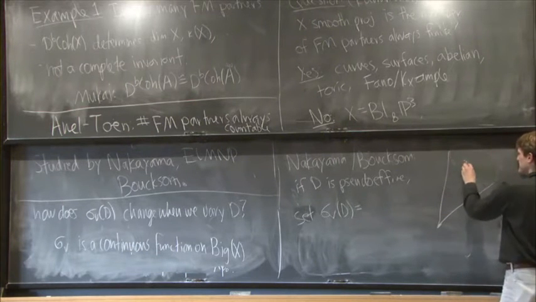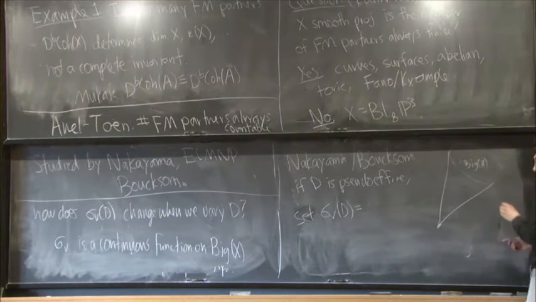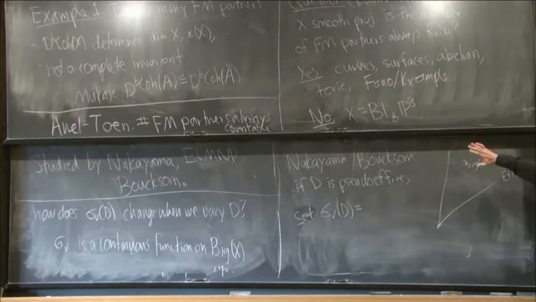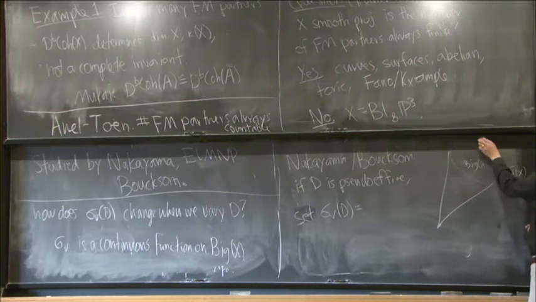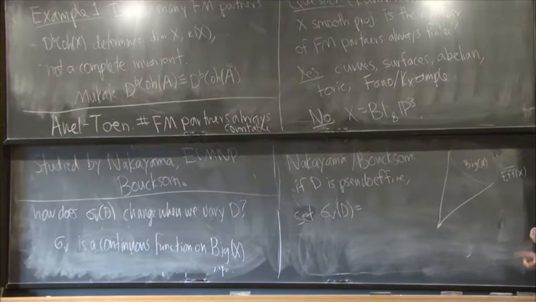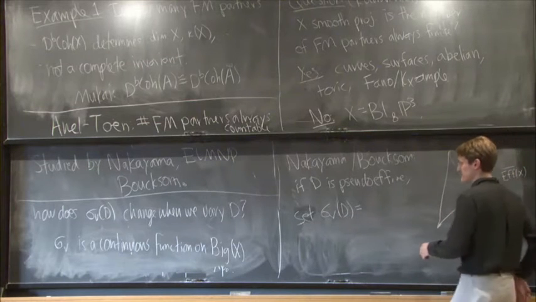this cone. The interior of this cone is the big cone. The closure of the cone is the pseudoeffective cone. The effective classes on the boundary might be effective, might not be effective. The effective cone is some non-closed cone in between these two. But the limit of big and the limit of effective is the same thing. So here's how we're going to extend this function to pseudoeffective classes.